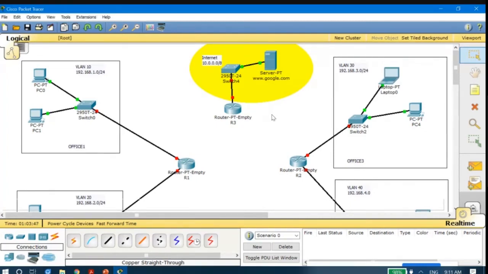Reference. The next thing that we have to do, we have to configure the server.